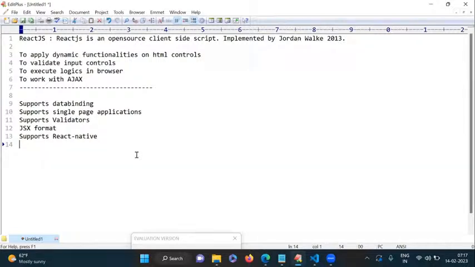So what is the benefit of React Native? If you develop any mobile application using React Native, it supports any type of device. We can run that application on an Android phone, iPhone, Microsoft phone, or any other mobile. So it is a cross mobile application development technology. Is it clear? Yes, supports React Native. Next one here,